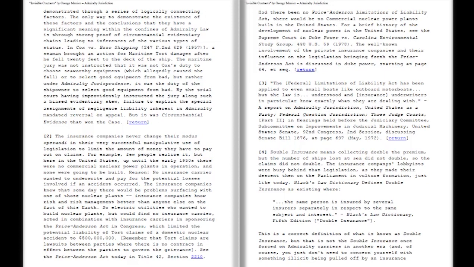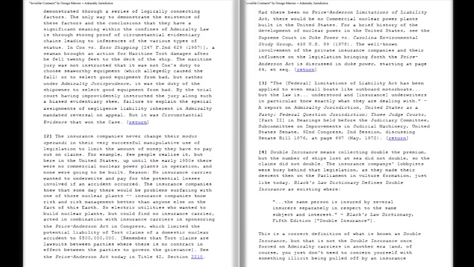3. The Federal Limitations of Liability Act has been applied to even small boats like outboard motorboats. But the law is understood and insurance underwriters, in particular, know exactly what they are dealing with. A report on admiralty jurisdiction, United States as a party, federal question jurisdiction, 3 judge courts, Part 2 in hearings held before the Judiciary Committee, Subcommittee on Improvements in Judicial Machinery, United States Senate, 92nd Congress, 2nd Session, discussing Senate Bill 1876, at page 697,